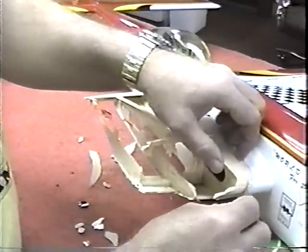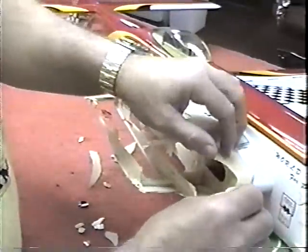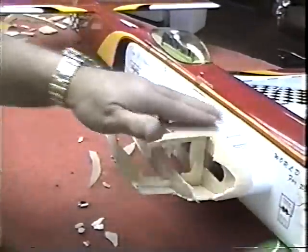They're definitely going to outlive me. I often think about that. I wonder how many of these will still be flying when I'm dead. What a hell of a thing to think about, huh? Anyway,